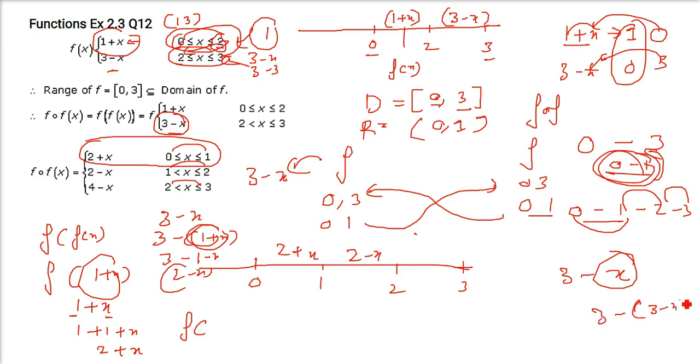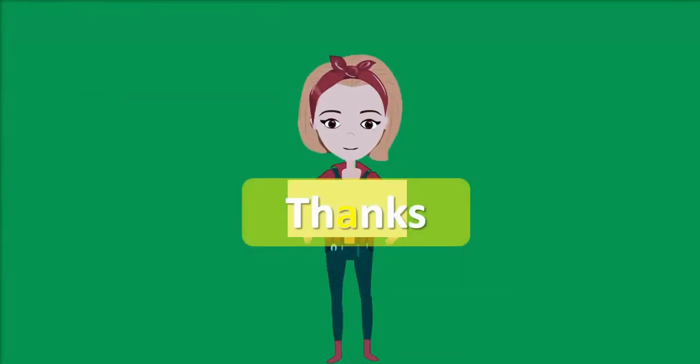If you put this, it is going to give you what? So I'll just change 1 plus x. See, I'll just show you. In place of x, you are going to put 3 minus x because 3 minus x is between 2 to 3. So 1 plus x, in place of x, you are going to put 3 minus x, which is going to give you 4 minus x. Okay? So this is the solution. Okay, this is all about this exercise. Thank you so much. Take care of yourself.